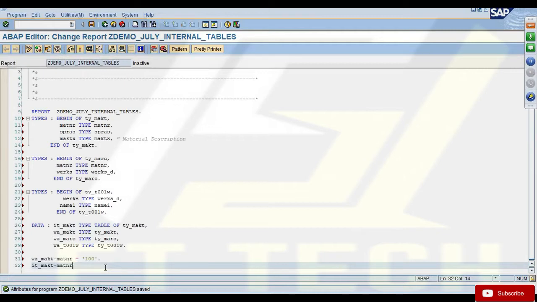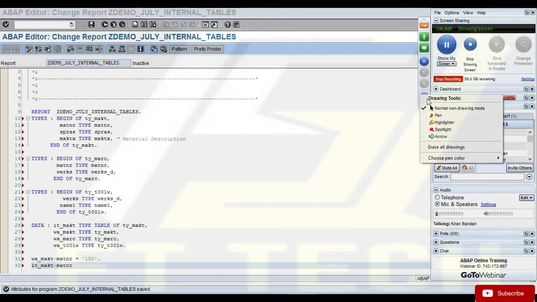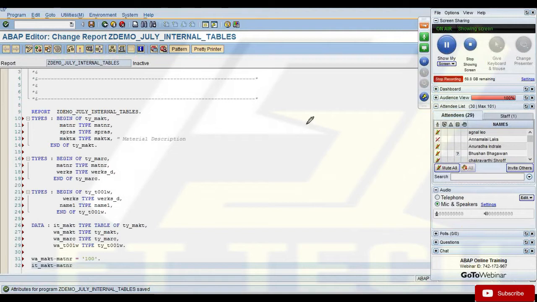Either to store data in your internal table or to retrieve data from the internal table, you always need a work area. For example, this is my internal table, which can store multiple lines of data. So we have rows and columns. Let's say this internal table has three columns or three fields.